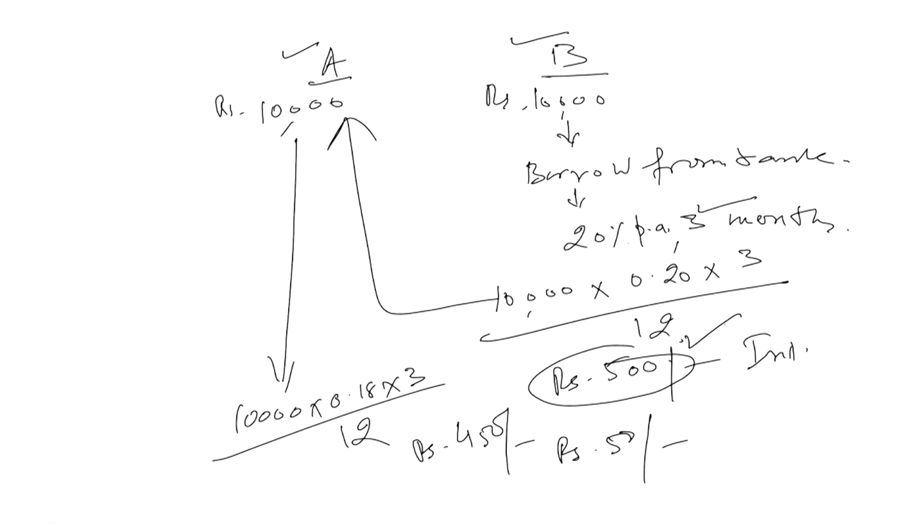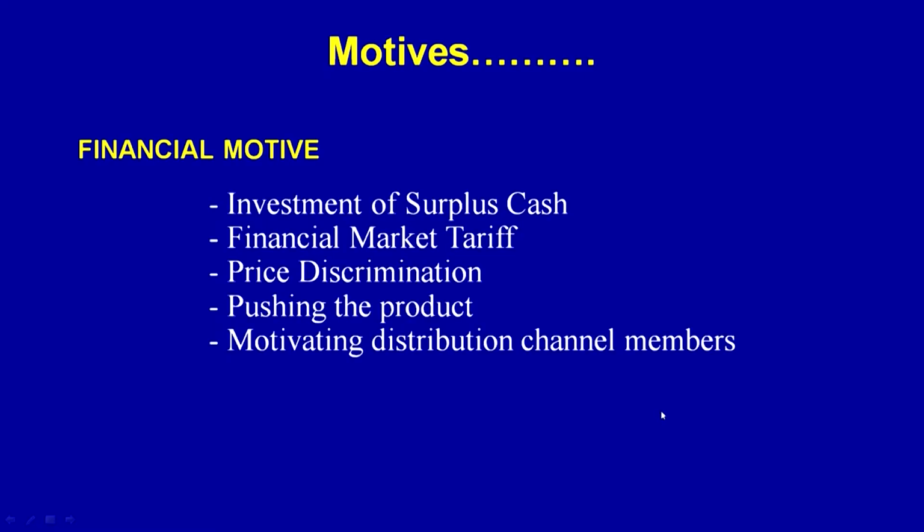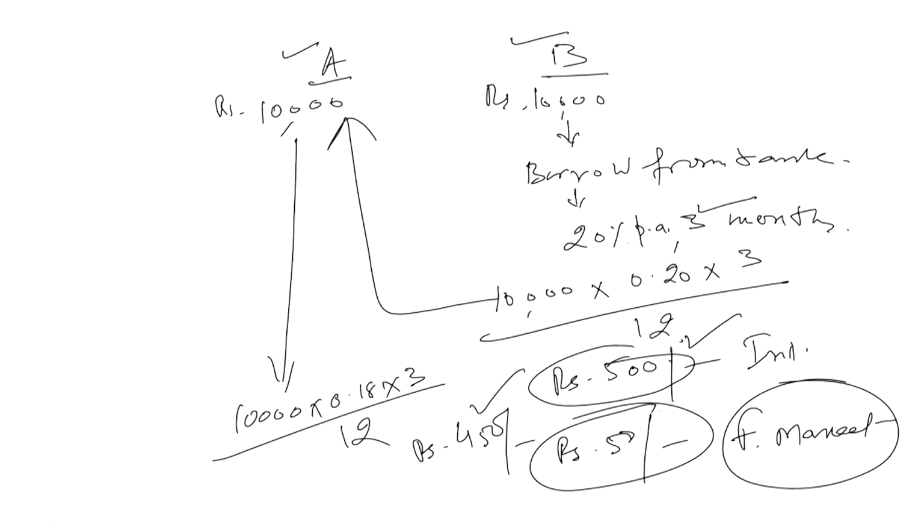He paid 50 rupees more, he got 50 rupees less. So who got this 50 rupees? The financial market. This money has gone to the financial market. So to avoid the financial market tariff, so that nobody loses this 50 rupees, what they could have done is,